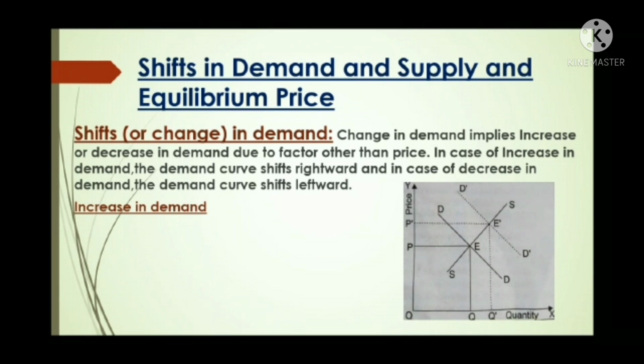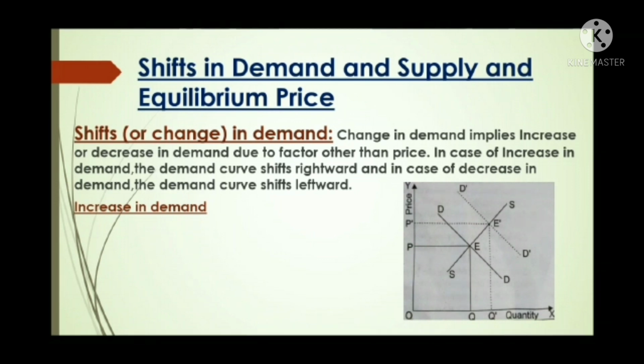Increase in demand. Supply curve remaining the same, if there is an increase in demand, the demand curve and the equilibrium point shift to the right. As a result, equilibrium price and quantity both will increase. You see here in this diagram, the original demand curve DD and the original supply curve SS intersect each other at point E. So E is the original equilibrium point, OP is the initial equilibrium price, and OQ is the